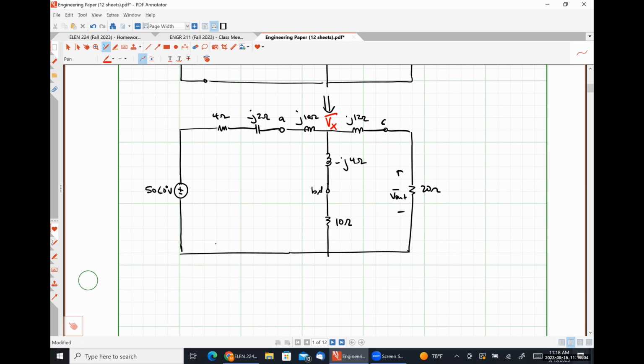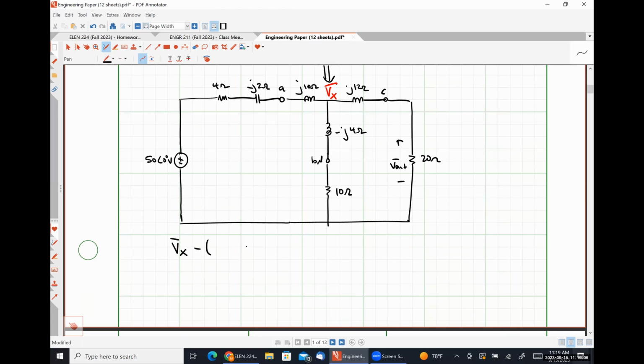X minus 50 angle 0 degrees volts divided by this impedance here, over 10 minus J4 ohms, plus Vx over 20 plus J12 ohms is equal to 0. And then I'm going to solve the